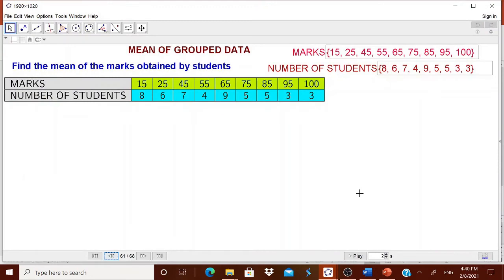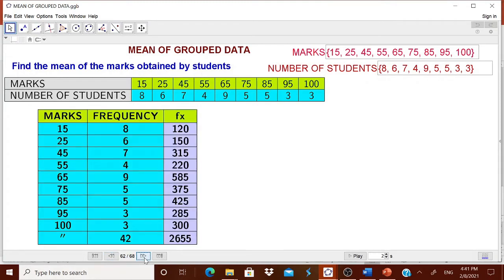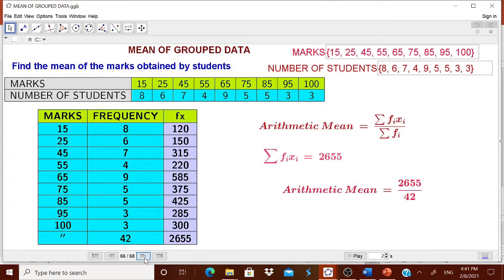I will be designing a worksheet to find the mean of grouped data where variables and frequencies are given. What is the advantage? You know that this problem can be given to the children maybe on the board, or you can use Excel worksheet and all. But here, if this marks and number of students I can change, automatically it will change over here. For example, I will tell them the frequency table and then the multiplication and their answer and the final answer also I can show it to the children. Is it okay? Now here you can change this.